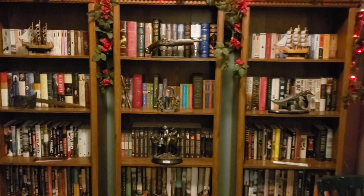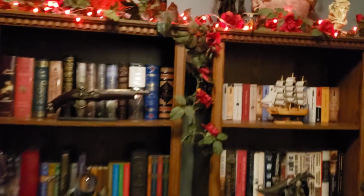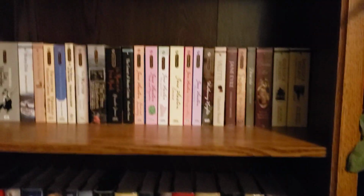This is my book collection down here in my writing studio. I've got the library upstairs full of all of my novels and things. Right here we've got all my nonfiction books. We won't go over those, but we're going to go over this section of books. We'll take the pirate ship down and put it down here next to the pirate cutlass. We're going to go over this section of books, maybe this section a little bit, and then, of course, this section of books, because I want to show people my